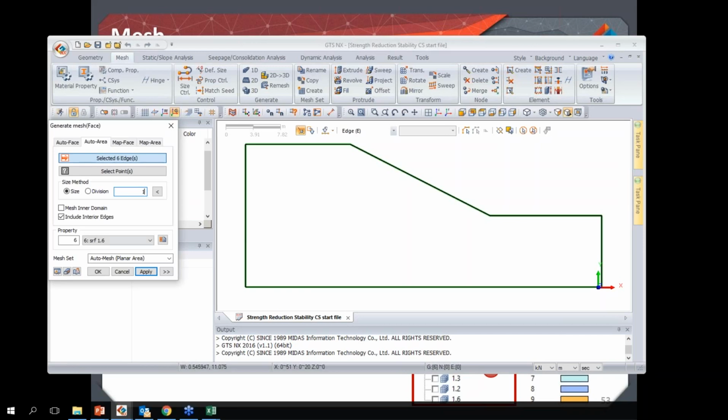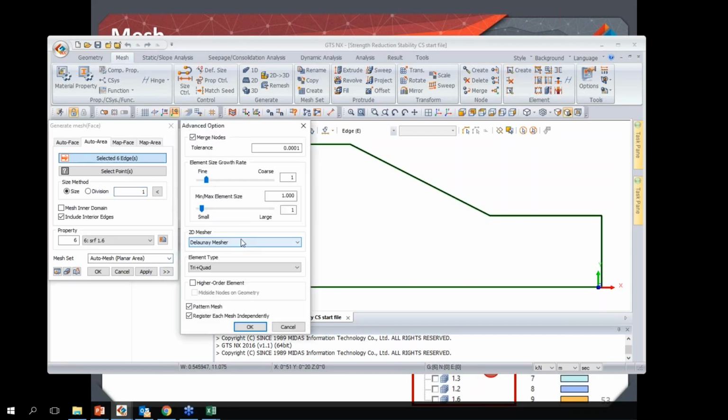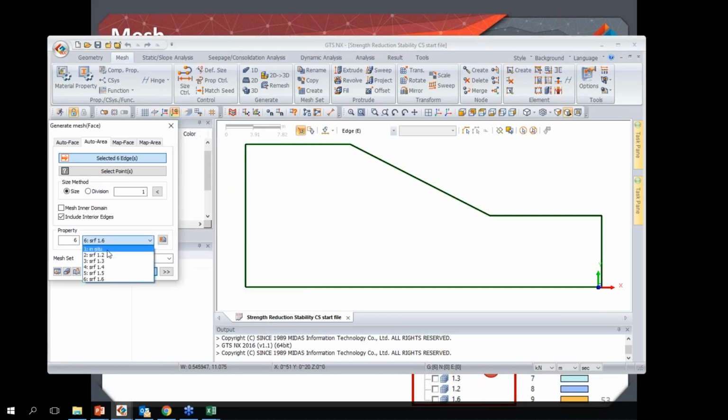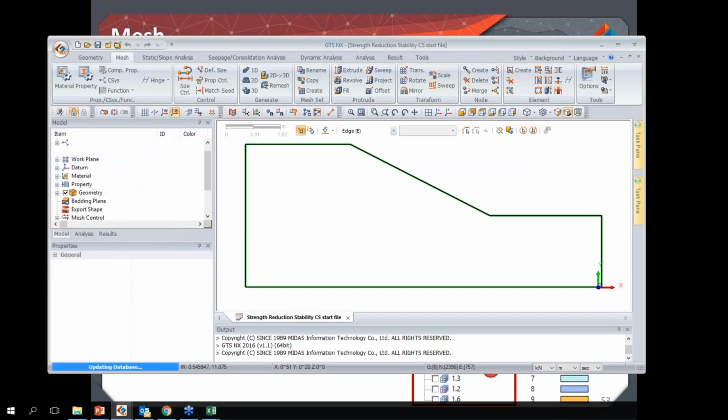We give it one size. We go to advanced to activate the higher order. For this case, it doesn't really matter what kind of element we're doing. We'll let it choose both triangular and quadrilateral. And we'll just go through the different materials. So material 1,